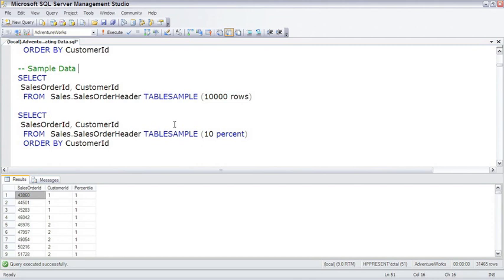So table sample is a new option to the from clause, which actually randomly chooses data pages. So in this example, we're looking at the sales order header table and selecting 10,000 rows. But what's really going to happen here is that SQL Server will say, for 10,000 rows, I probably need about 3 data pages, as my guess, and it'll then return all the data from the 3